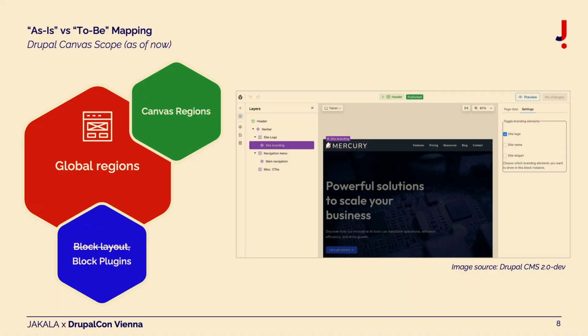Block plugins, just make sure that you are aware. These are all menu blocks, all views blocks, your logo block, your global search block. All these are block plugins which are still available, and you can build them the way that you want. It's a much more flexible way to build the different layouts, not just sticking with what is coming out of your team, right? You are in control here.